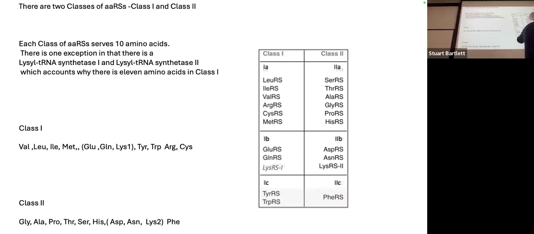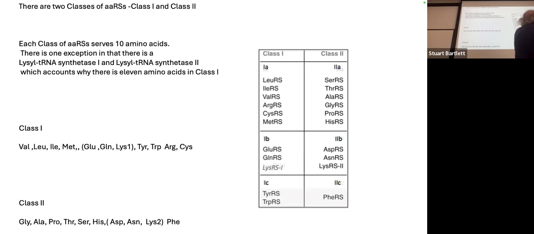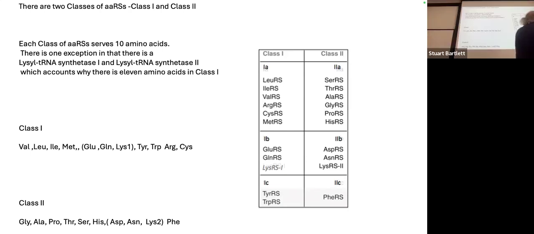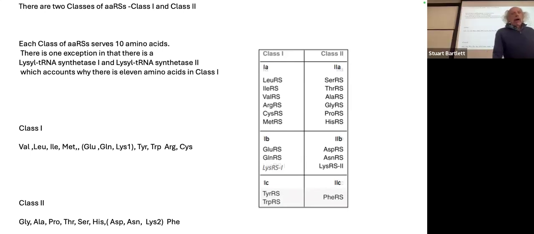And then there's 1B, which is glutamic acid, glutamine, and lysine. And then there's 2B, which is aspartate, asparagine, and lysine. And then come the real hydrophobics, phenylalanine in 2C, and tyrosine and tryptophan. So when you look at this,